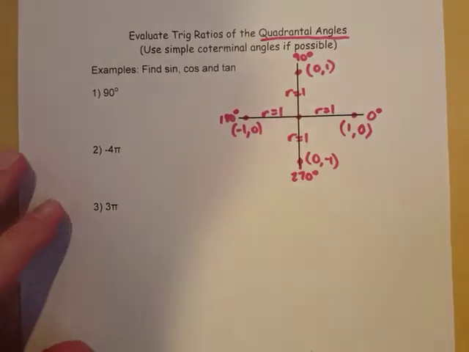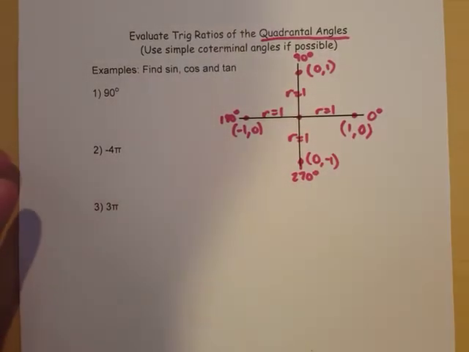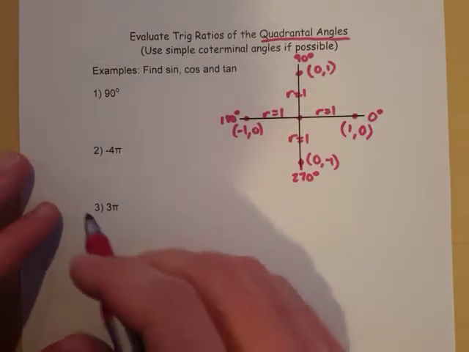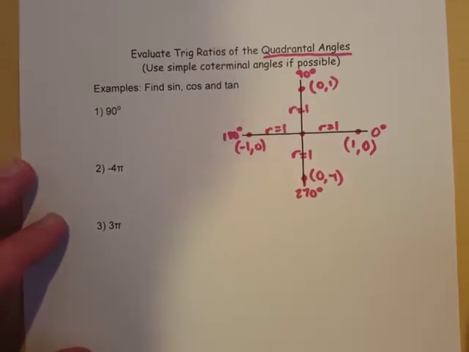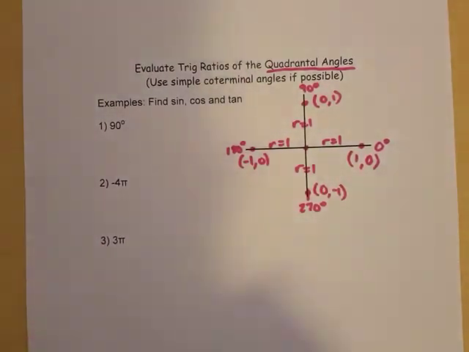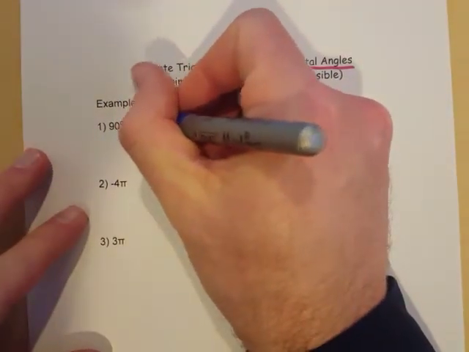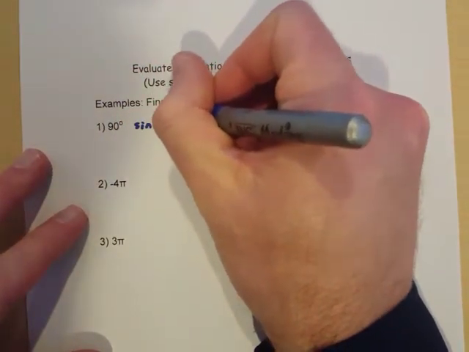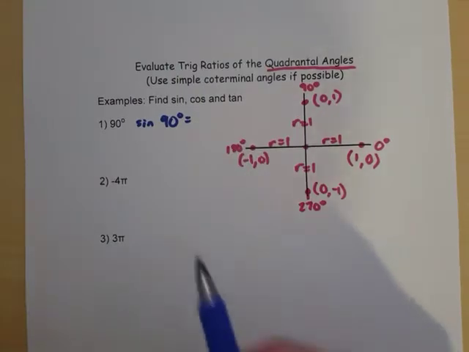So let's do sine, cosine, and tangent for each. We don't necessarily need to do the other ones; we'll just keep it as simple as possible. So let's start with 90. We already got a little bit of insight into what the 90 ones are going to be. But sine of 90 degrees. Now remember that